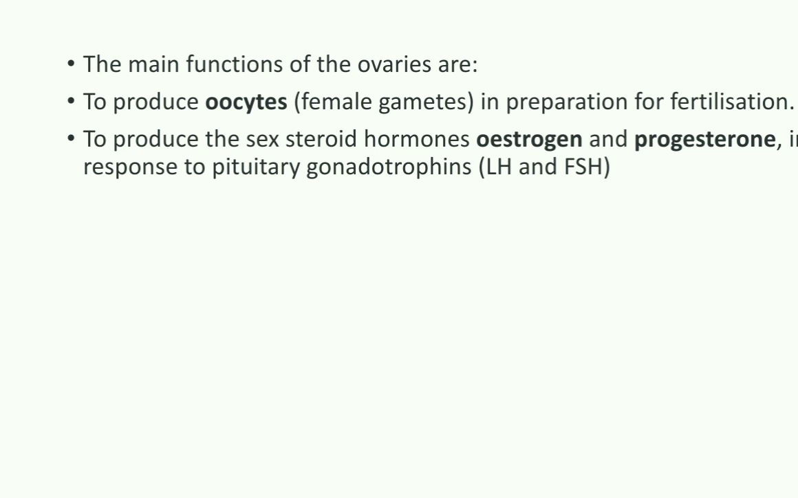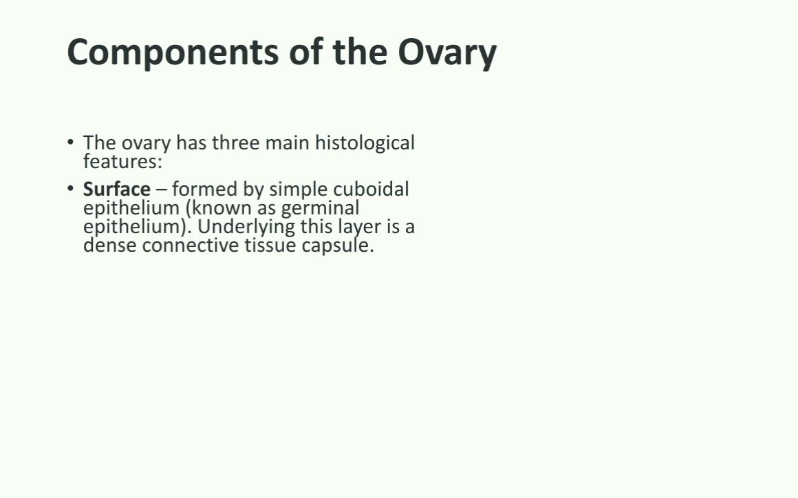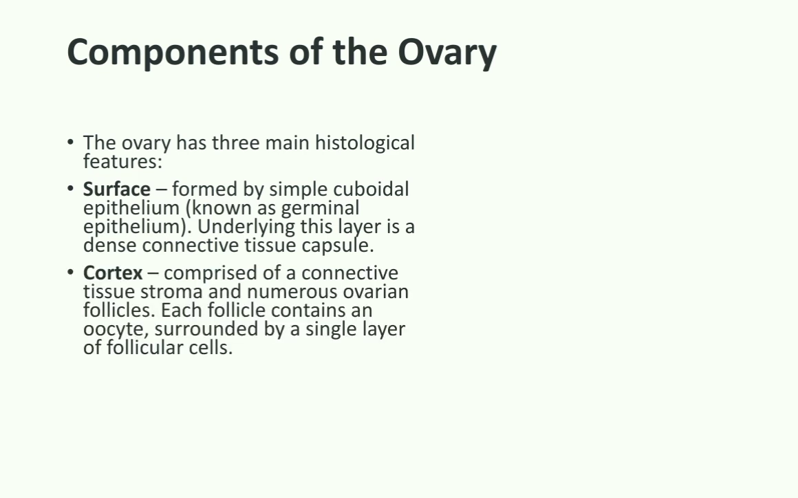The main functions of the ovaries are to produce oocytes and to produce the sex hormones estrogen and progesterone. So if we discuss the ovarian structure, it is mainly two parts, cortex and medulla. The surface is formed by simple cuboidal epithelium, and the cortex is